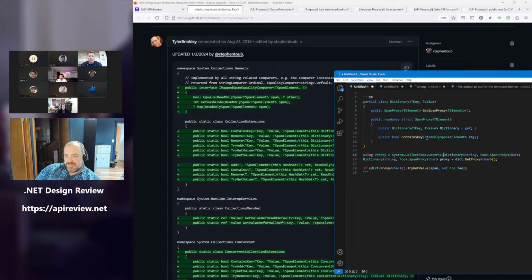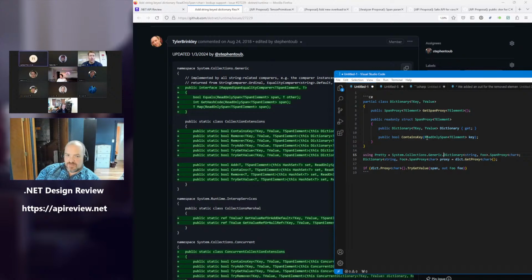Why is that? Because we don't end up feeling like we need to take these overloads and then further overload them like 400 times to make all the implicit conversions that we want to work. Array segment of char, array of char, span of char, all of those just immediately work because they're all implicitly convertible, and you don't have to call as span on all of them. But why would overload resolution otherwise